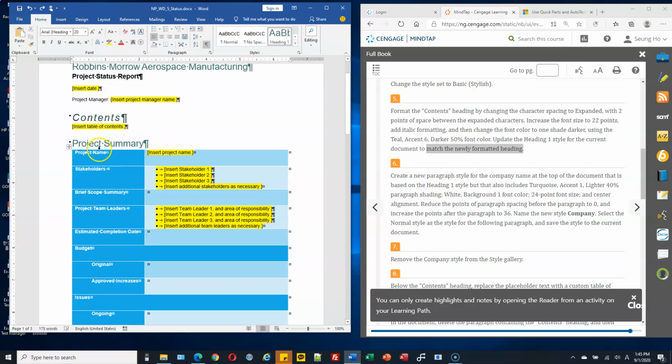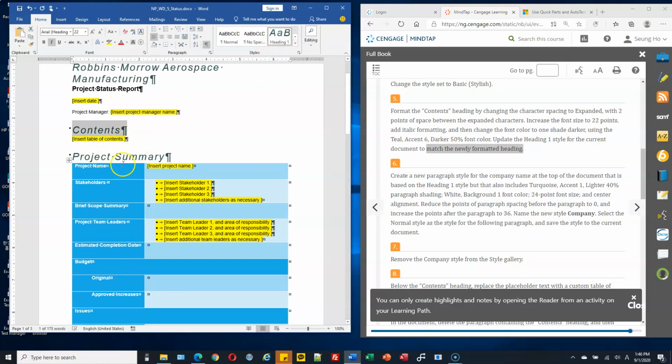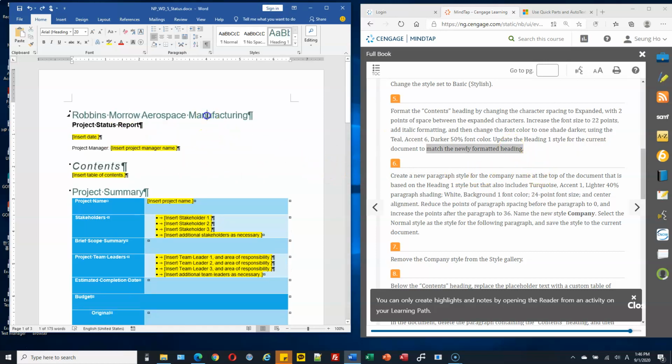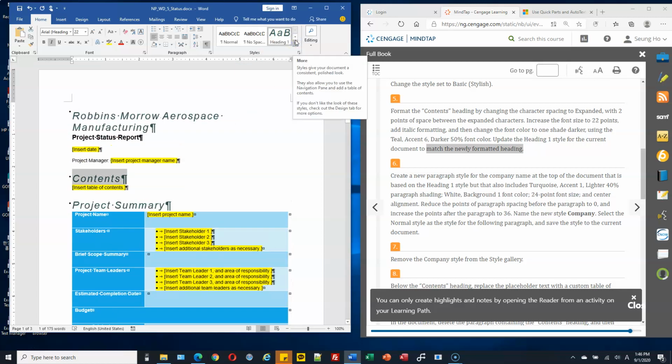This is heading 1, right? Project summary is heading 1. So make sure you select the contents heading because we updated the format of this heading. Right click on heading 1, then apply the first one. See, this one changes, right? Okay. Ctrl Z. Is this heading 1 also? Okay, this is Robbins, this is also heading 1. So this one changes all heading 1s to the current format. Right click. Okay, next,